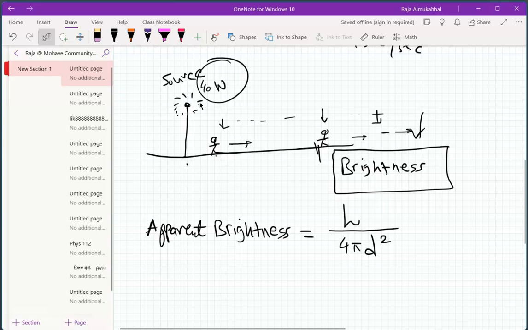So, you are right here, this is the d, the distance, and this is, of course, another distance here. So, the further you are, d squared, see that? So this d squared becomes a larger number as you go further, and because it's a reciprocal, the brightness becomes smaller. In other words, dimmer and dimmer. So in other words, as d gets bigger,